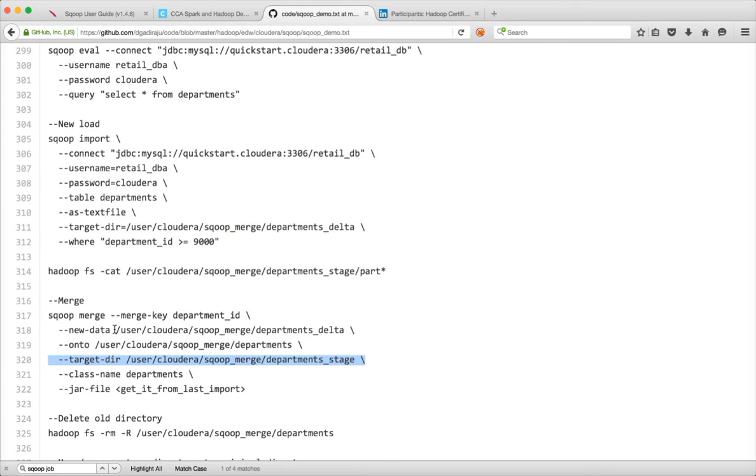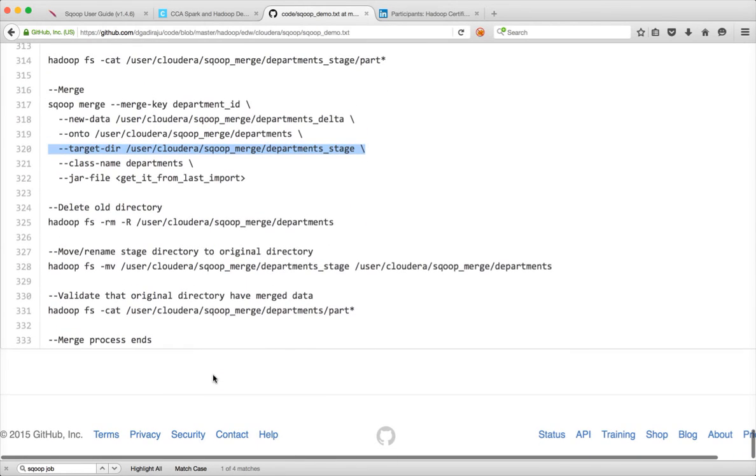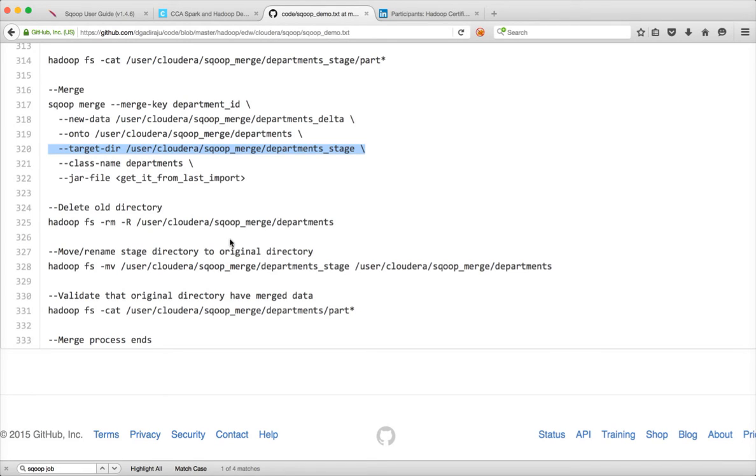So new data is for the data which is imported latest, and then onto is the previous import or the original directory using which you want to import, by applying the data set from the directory under new data. And to complete the merge process, what we have to do is we have to delete the old directory departments, and then we have to rename